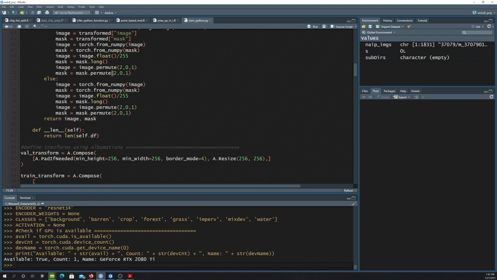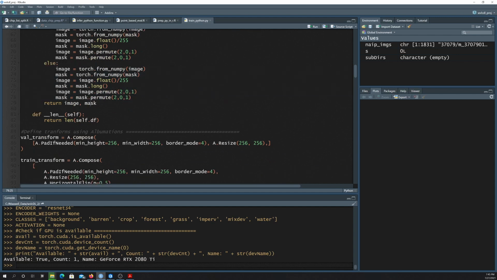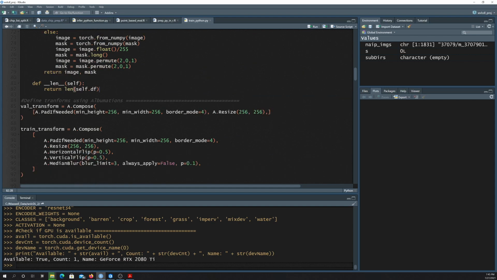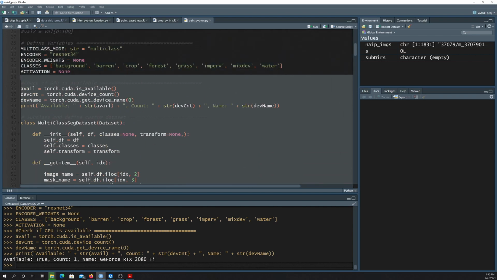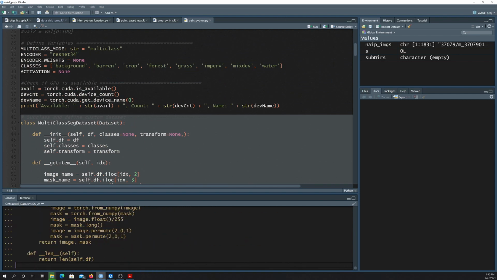Okay, and then this is the same thing, just if we don't do any transformations, right? And then that's going to return back the image and the mask. And then again, we get the length. Okay, so anyway, that allows us to read in our data set, again, just subclassing the PyTorch